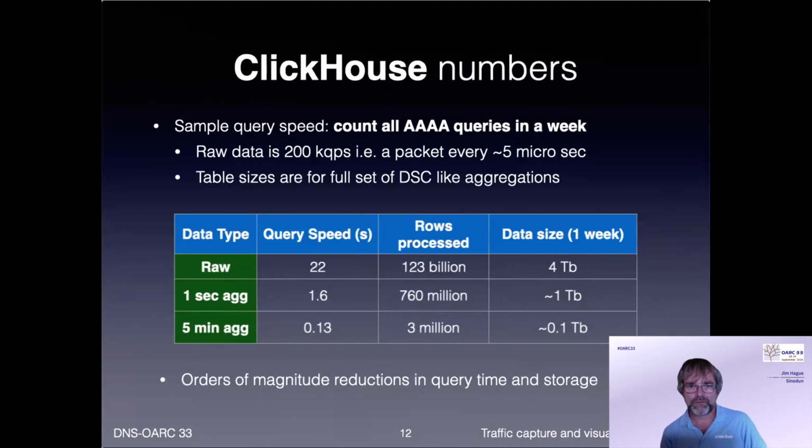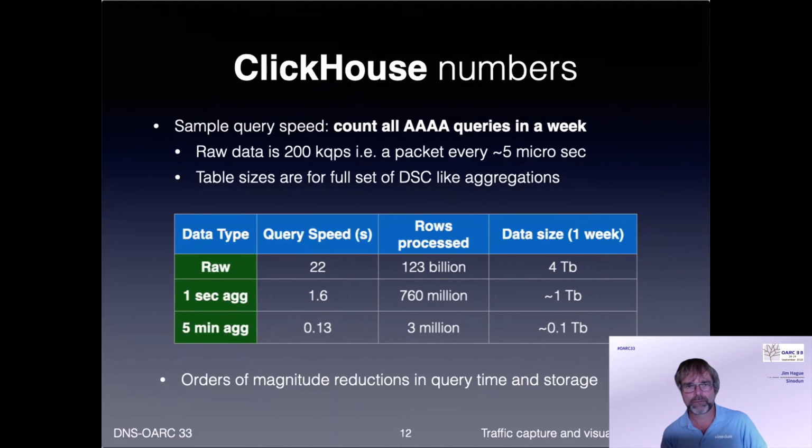Moving to the 1 second aggregation, we see considerable reduction in the number of rows to be processed, which in turn leads to an order of magnitude reduction in the time that it takes the query to process. There is a reduction in the size of data stored. It's less than the reduction you see in the number of rows because of all the different aggregations that we are currently making. And at the moment, we have pretty much a full set of aggregations replicating the DSC